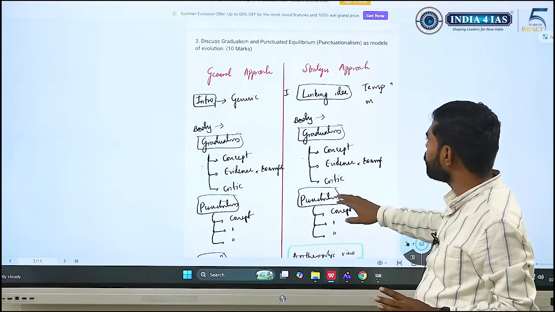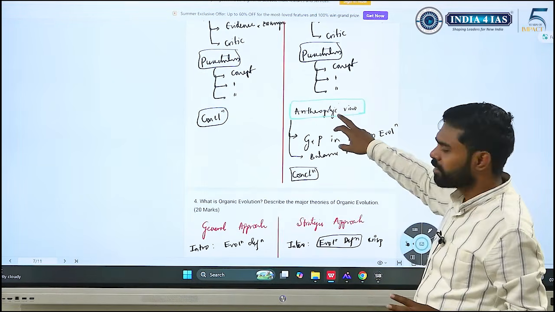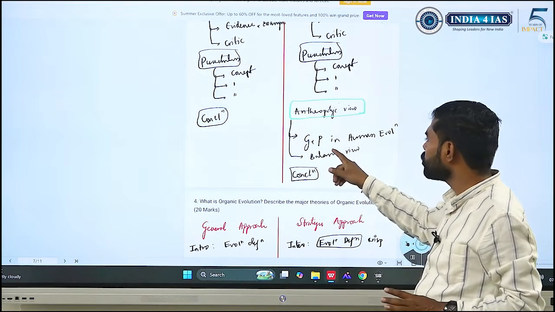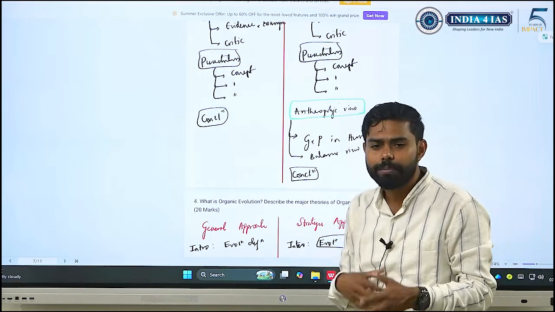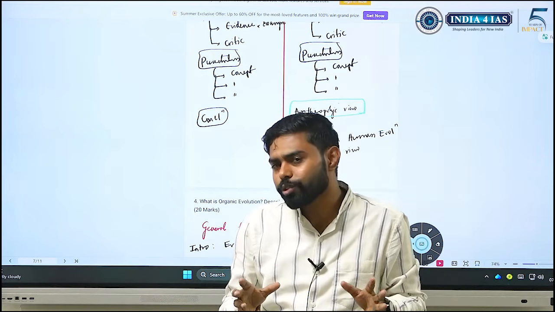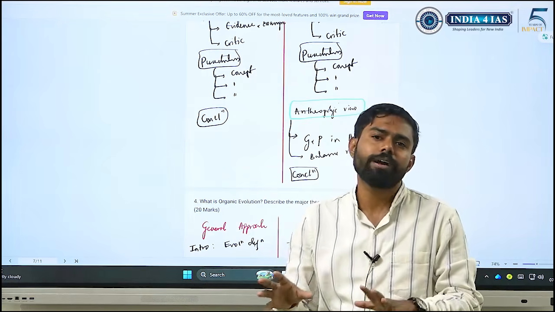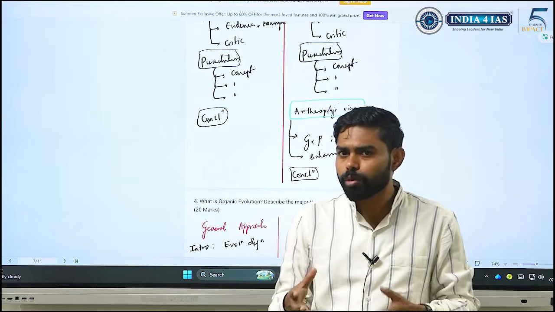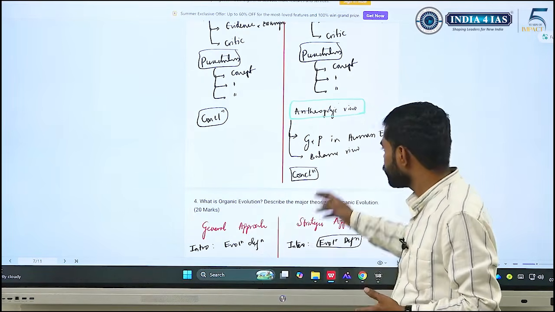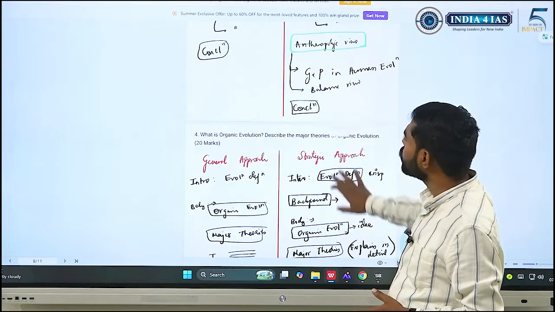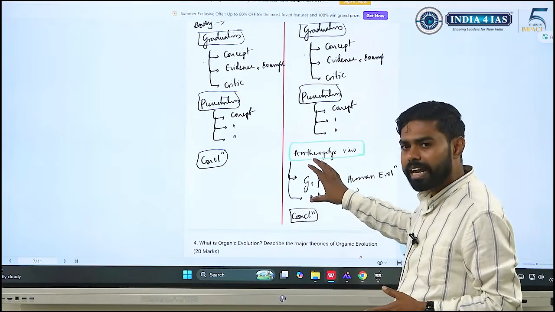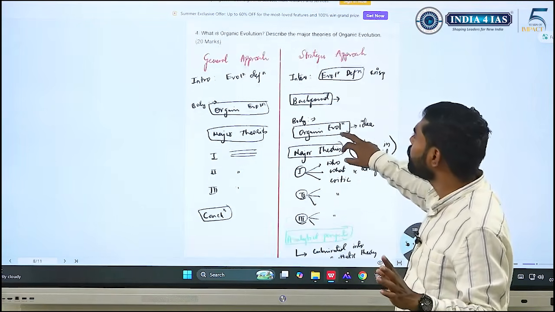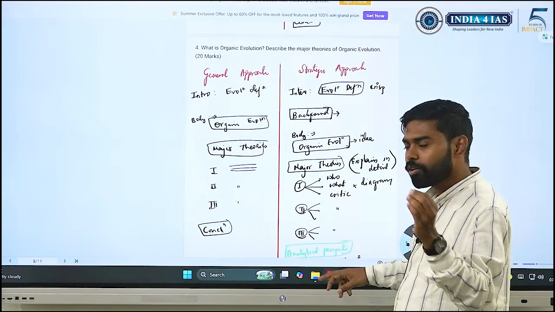And here also more or less the same, but the only thing is I'm adding this extra dimension, the anthropological view, bringing in gradualism and punctuation in human evolution, and I'm trying to give a balanced view. What is a balanced view? Evolution can happen in both manners. Sometimes it can go in a phased manner, sometimes there can be a sudden change. We know that, right? Bottlenecks etc. will create a sudden change. So that's what I've tried to bring. So I'll be adding an extra dimension, and I'll be scoring half or 1 mark extra. That's what the difference will make, the difference between 250 and 300.